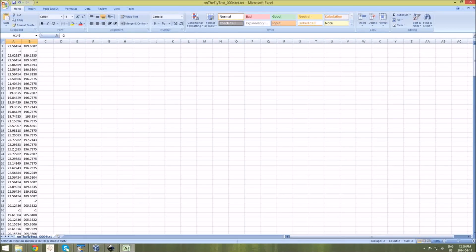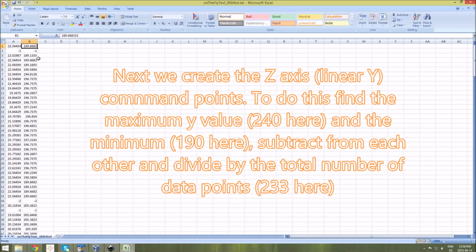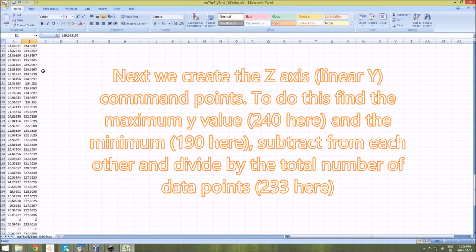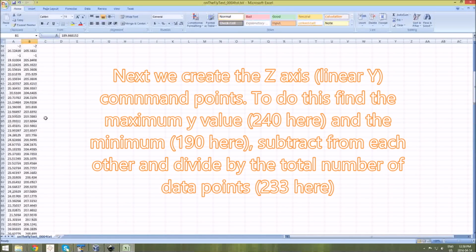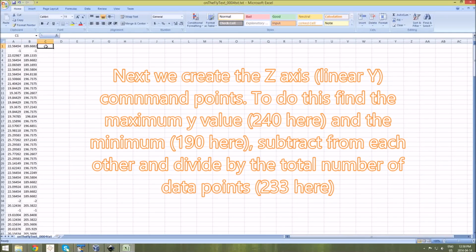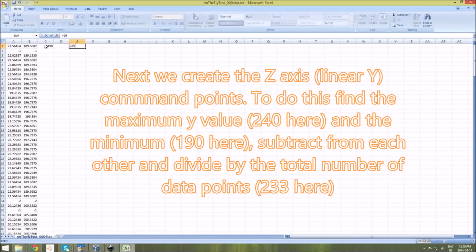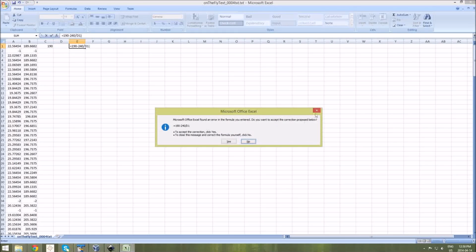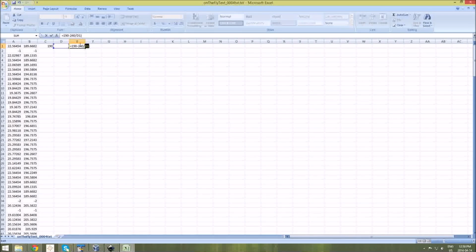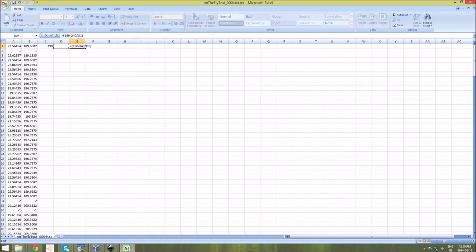Okay, just about done with that. And next I want to create the commands for the linear motor. So here I have the commands for the galvos, and I want the linear motor to go between the lowest y-axis value, which is roughly here 180 or 190. And I want to go to increase up to the maximum value, which as shown here is roughly